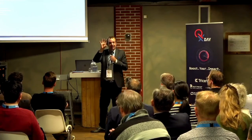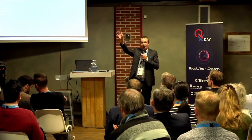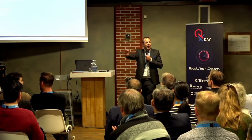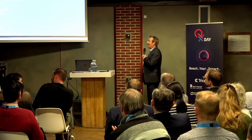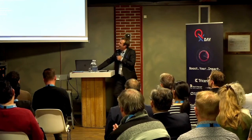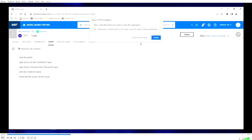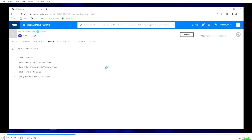This is one little building block, and I can use that building block in whatever test I want by using it in the graphical editor and dragging and dropping it and creating an end-to-end flow for my test. Now, of course, there's a little bit more behind. I can edit this, because here I can only read it. This is the repository view. However, when I click on the button Automate with Codeless,